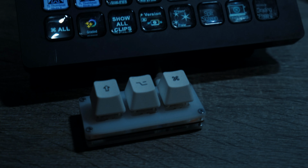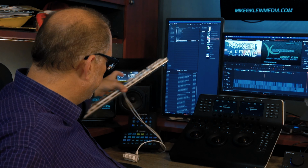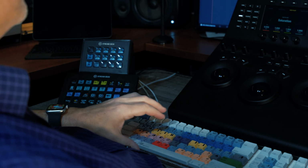This is kind of cute. This is a 3-button, which is Shift, Option, and Command. Because a lot of times when I'm editing, I have my keyboard up on the side, and I pull the mini towards me, and so that way I don't have to reach as far to get to the Option, Command,